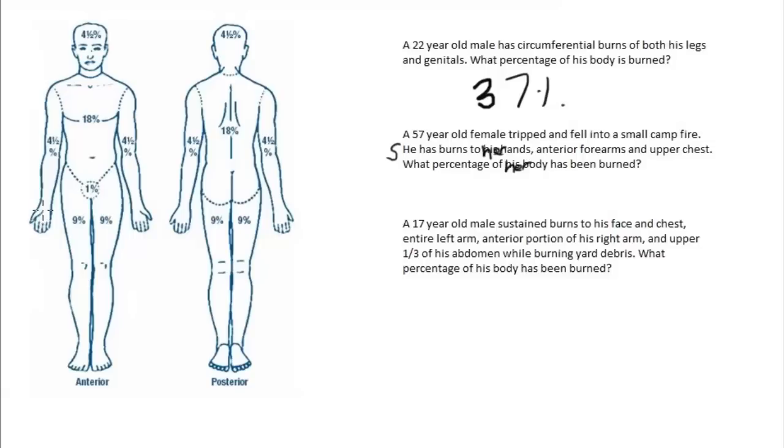So the forearm is half of the total arm, so 2 1/4. And both arms, so 2 1/4, 2 1/4, 4.5% of the body's burnt, plus the upper chest. If the chest is worth 9, it would be fair to assume that the upper chest could be worth 4.5 and the lower chest could be worth 4.5. So we have 4.5 for both the anterior forearms and 4.5 for the upper chest, giving us 9% of this